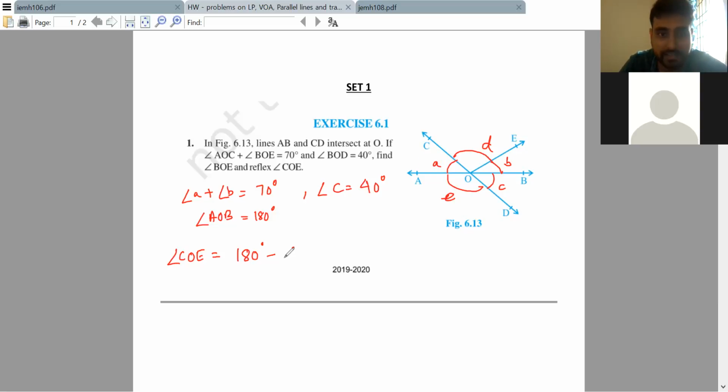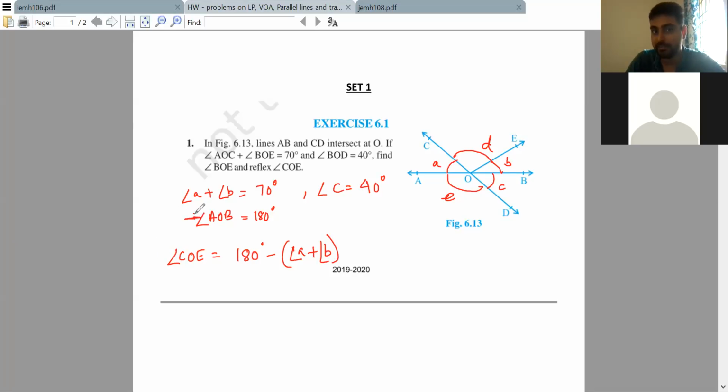But how will I write this? Will I write it as angle A plus B, like this only? No, sir. Can you correct what I've written? The bracket, sir. Perfect, Shiva. Fantastic. Okay, angle A plus B. That's all. Before this, you can write one more step if you want.